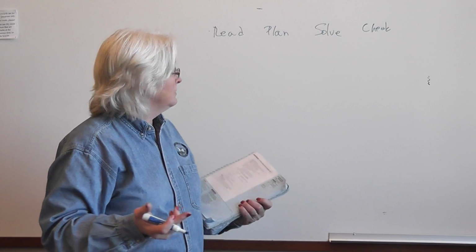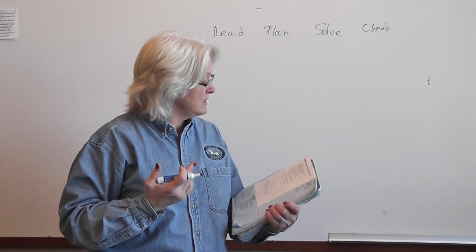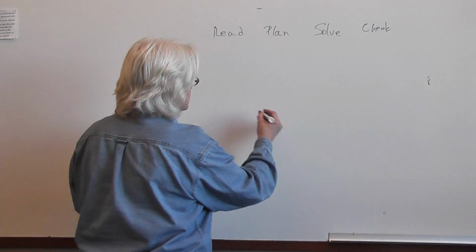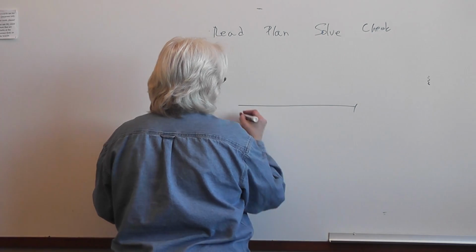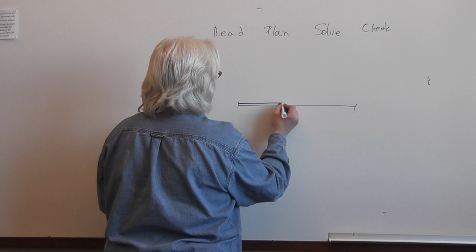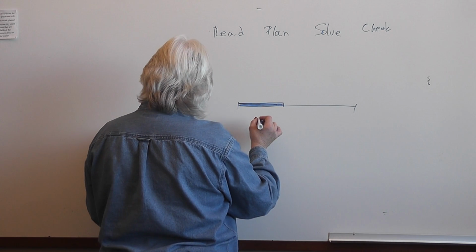So what are we supposed to do? Well, we have to read it. Obviously, I just read that out loud to you, but what is it actually telling us? It says, okay, he's got this piece of board, or this wall right here that he's putting molding on. And he's already put a piece of molding down there that is